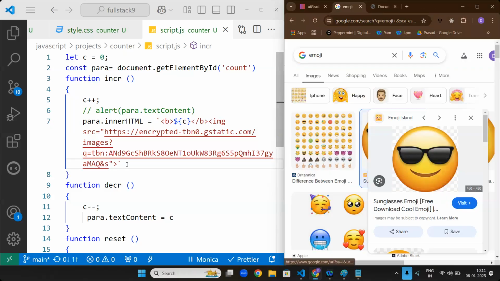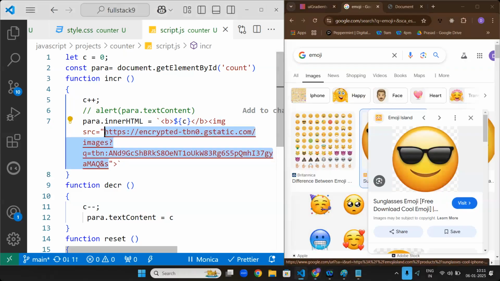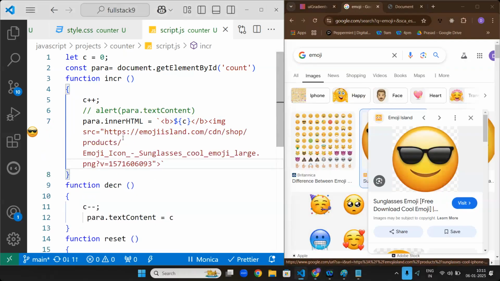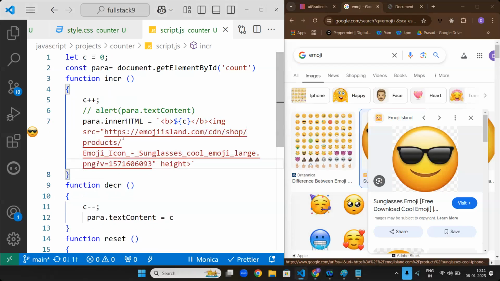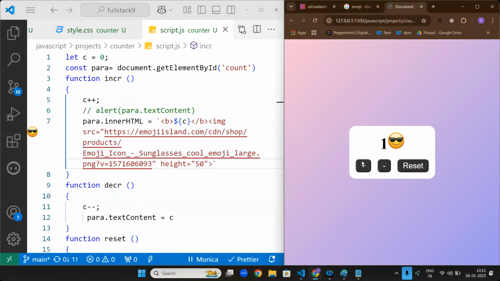Control C, go here, Control V, then go here, height 20 pixel, 50. Now go here. If I click this,